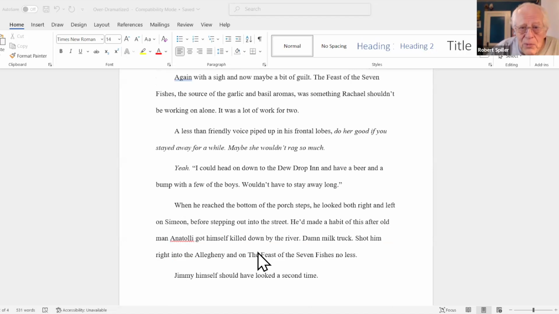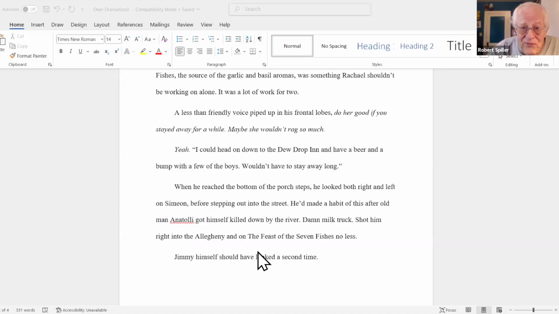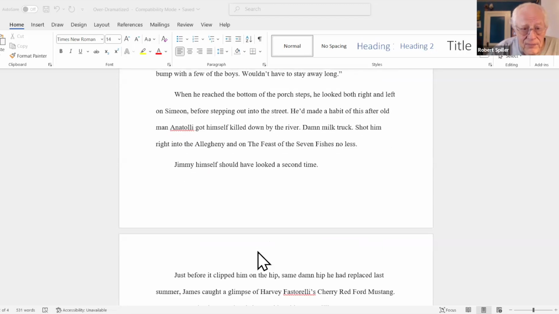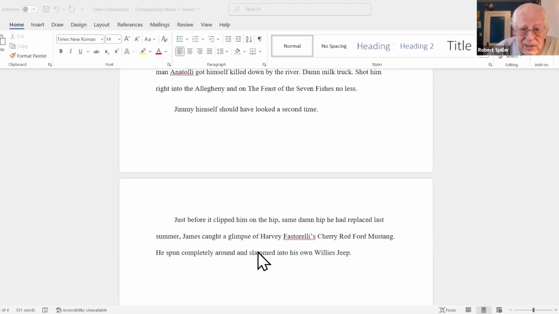When he reached the bottom of the porch steps, he looked both right and left on Simeon before stepping out into the street. He made a habit of this after old man Anatoly got himself killed down by the river. Damn milk truck. Shot him right into the Allegheny. And on the Feast of the Seven Fishes, no less. Jimmy himself should have looked a second time. Just before I clipped him on the hip, I didn't change this too much. On